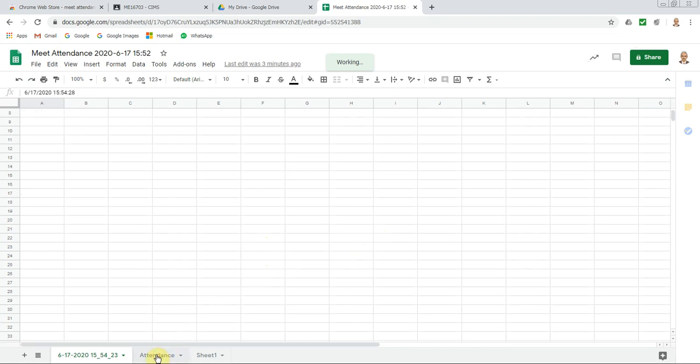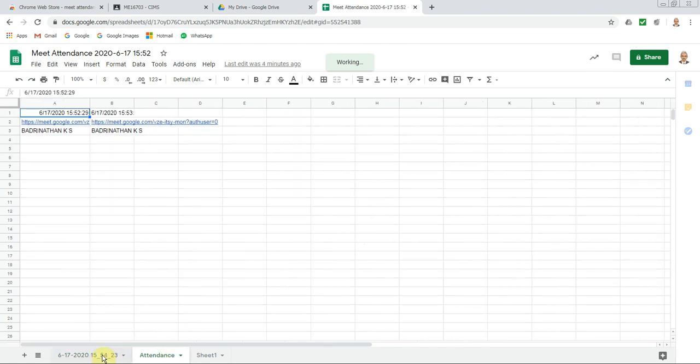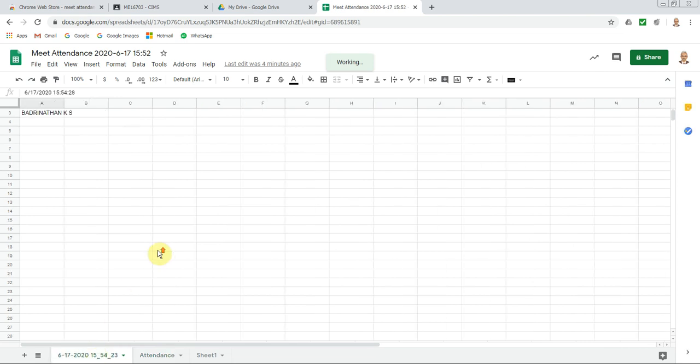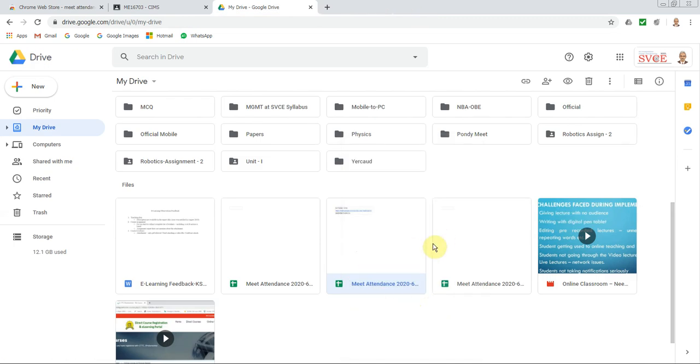Initially there was a default attendance tab, and then we created a new attendance sheet or tab, right? So it is created here, and of course you can rename it or create a folder called attendance and then shift all these files onto that. So this is how you take attendance for the classroom.